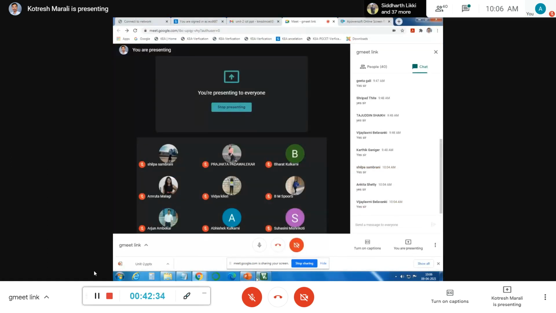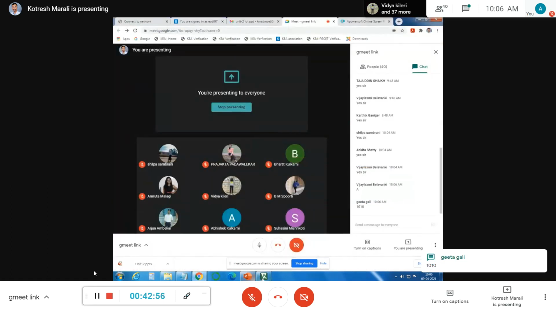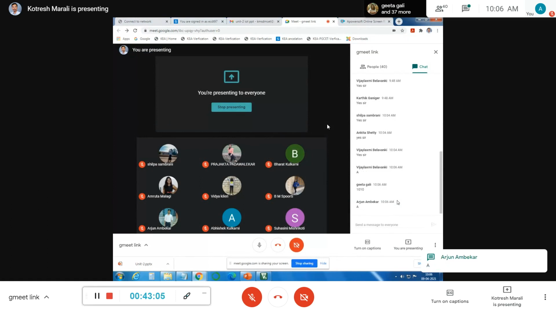What's the answer? So give me the answer for this, so that we'll wind up the session now. Give me the answer in hexadecimal value. Vijay Lakshmi is saying A. Arjun.